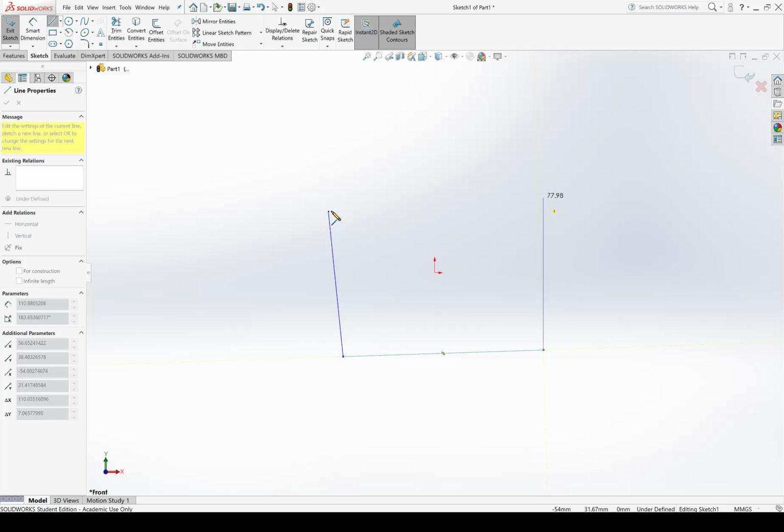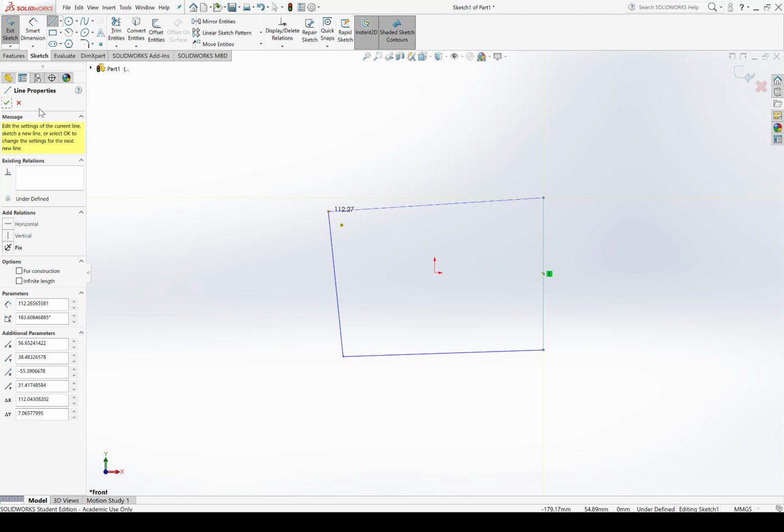So I'm going to click this end as the same as the starting of my first line, and because I've clicked onto the line again, SolidWorks has ended the line tool usage. You'll notice that the line tool has a lot of options available. I can tell it to only draw horizontal lines. I can tell it to only draw vertical lines. I can tell it to draw only construction lines, which are lines that aren't used in the creation of matter.